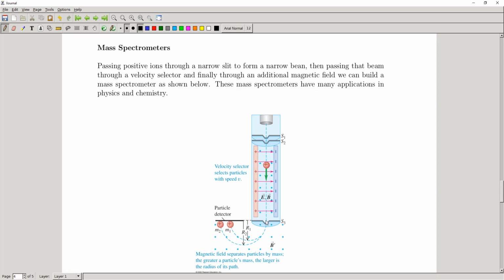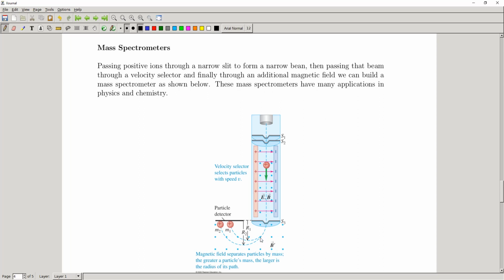It doesn't really matter what the velocity is as long as we're selecting a known velocity. If we know what the velocity is when this thing comes out, we're going to let it fly out of this end of our velocity selector into another magnetic field. It could be a magnetic field with the same magnitude and direction as our original magnetic field in the velocity selector, or a different magnetic field. Doesn't really matter. As long as we know what the new magnetic field magnitude and direction are, well, we know